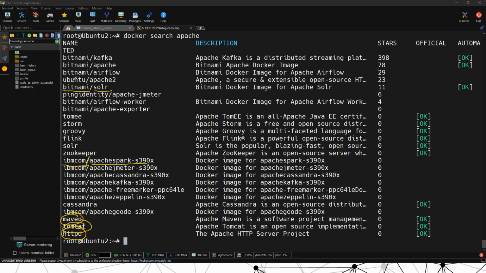What does that mean? When an image has just the name, that means it's the official image, which is completely official. Those images given by a third party, like Krish or John or Sam or Tom or anyone outside, are not official.